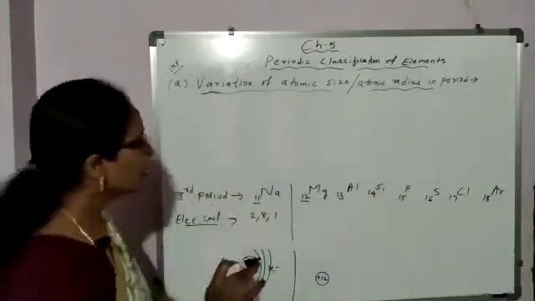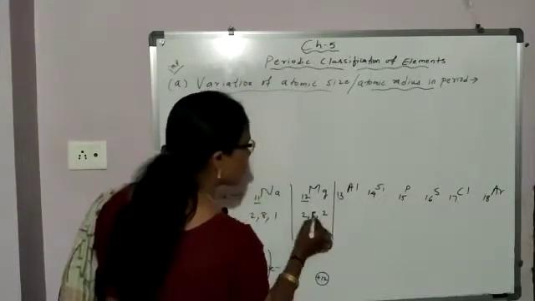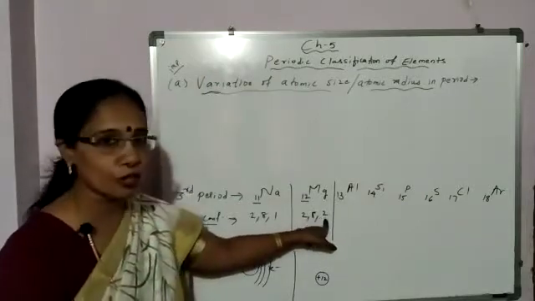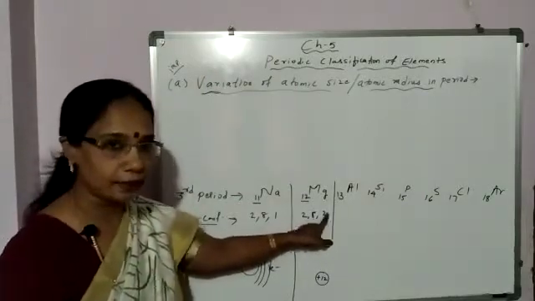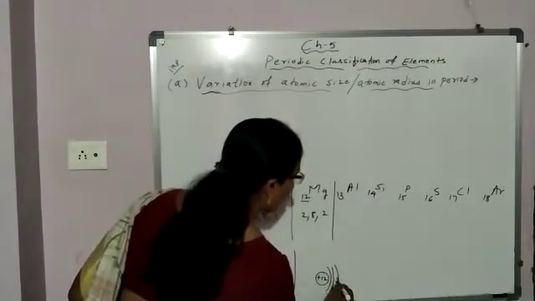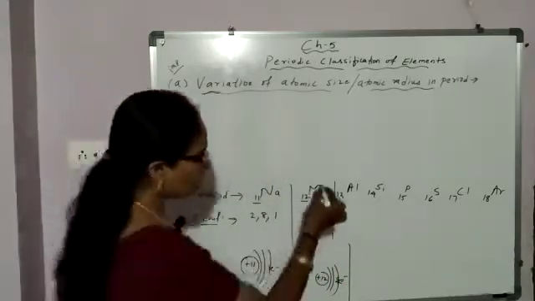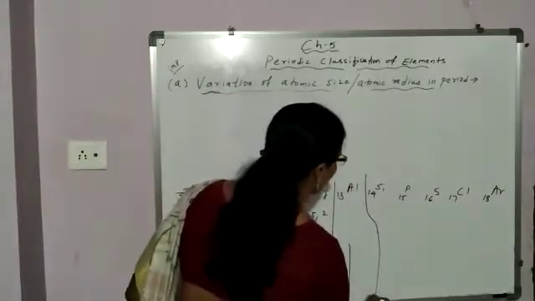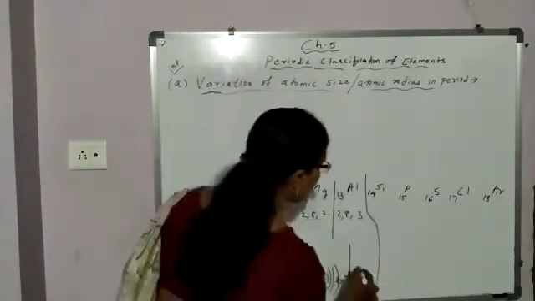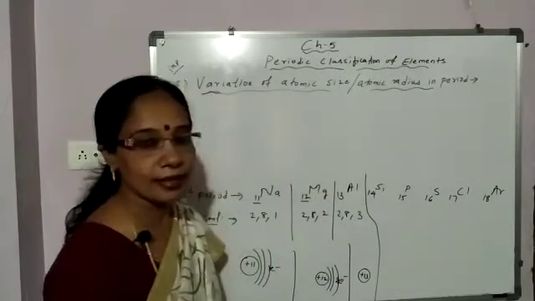Keep this in mind. Next, the electronic configuration is 2, 8, 2. In how many shells again? 3 shells. The only difference is in the outermost shell, one more electron is added. So, the number of shells remains the same in a period, and 2 electrons are in the outermost shell. Next, come to aluminium: 2, 8, 3. Atomic number 13, so protons in the nucleus: 13 protons are present.